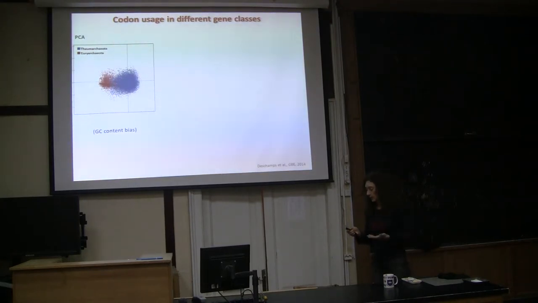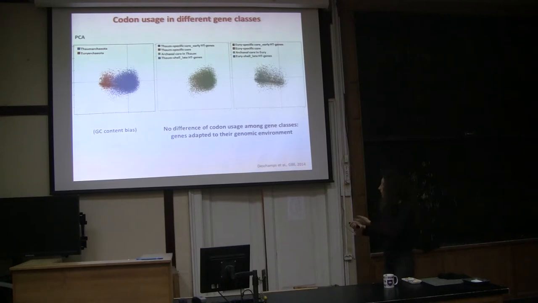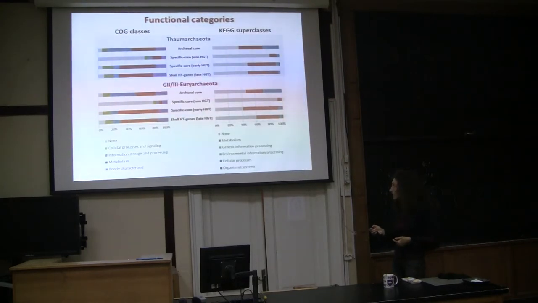But now if you color the genes in the Archaea or in the Eukarya according to the class, if they are transfer genes early or late, or if they are core genes, actually you don't see any difference. Both the late and the early transfer gene classes are mixed together. This suggests that even the recent cases of horizontal gene transfer are rather ancient, because the genes have already adapted their codon usage to that of the host. Okay? So, they have already adapted to the codon usage.